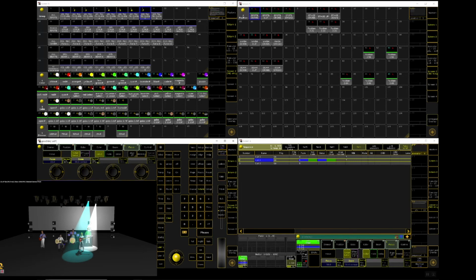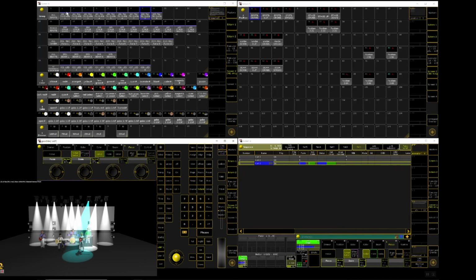Now what's going to happen is over the 8 seconds they're actually going to move. Well, they're not, because I haven't stored data into that cue, so we'll reselect them